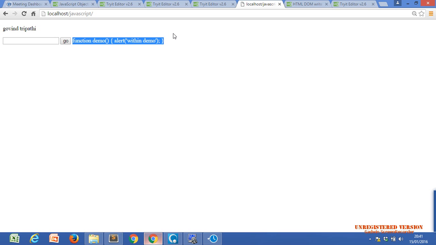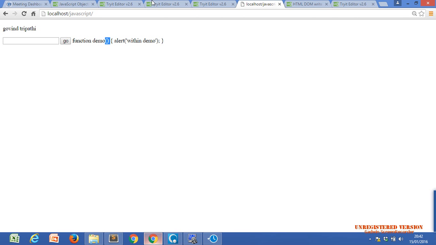You have to give the answer: if you call your JavaScript function without the small brackets, then it will return the total definition of that function, the whole code of that function. Did you get the point?